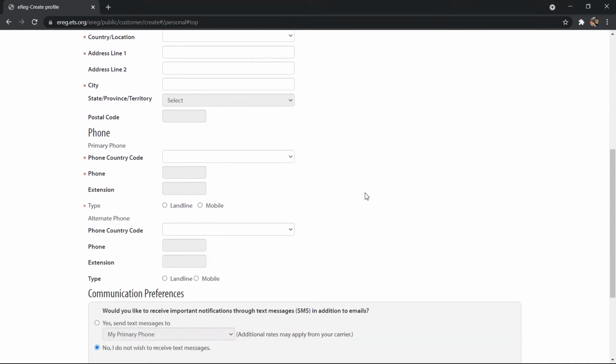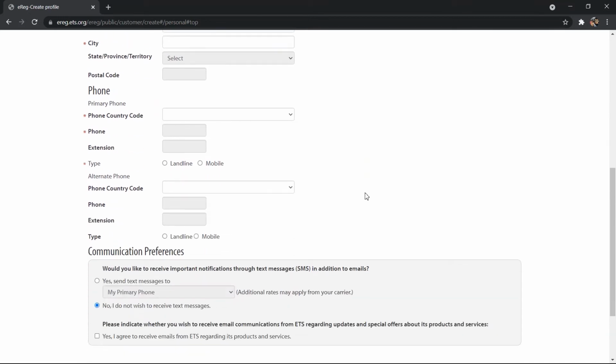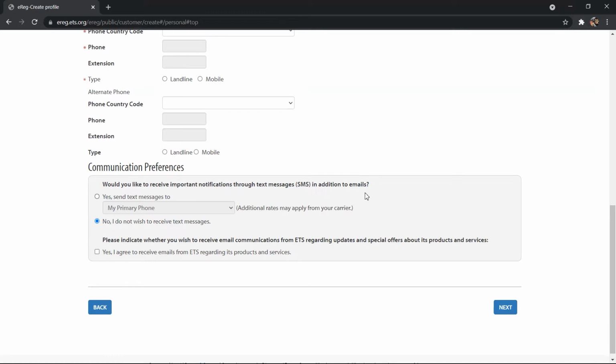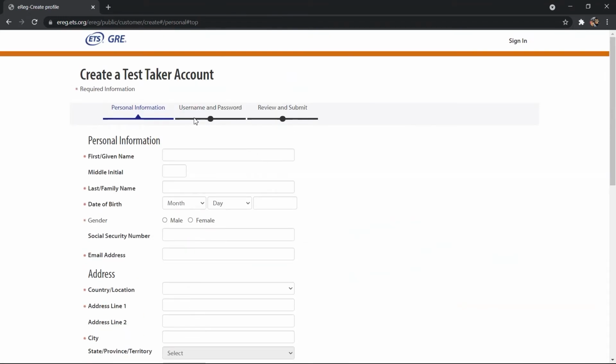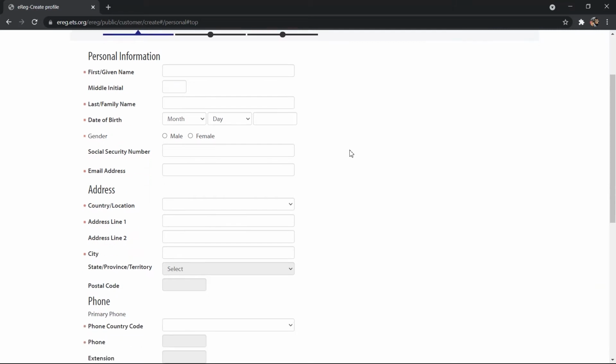Then you have to fill out information regarding address, phone number, like contact information, and then just tick there and click on the next button. After that, it will ask you to put your username and password for the account, and that's it. You will be registered and you can just go back to the login page.